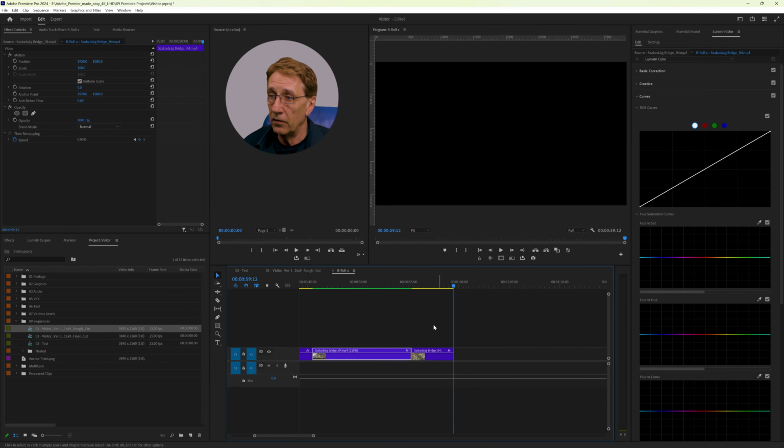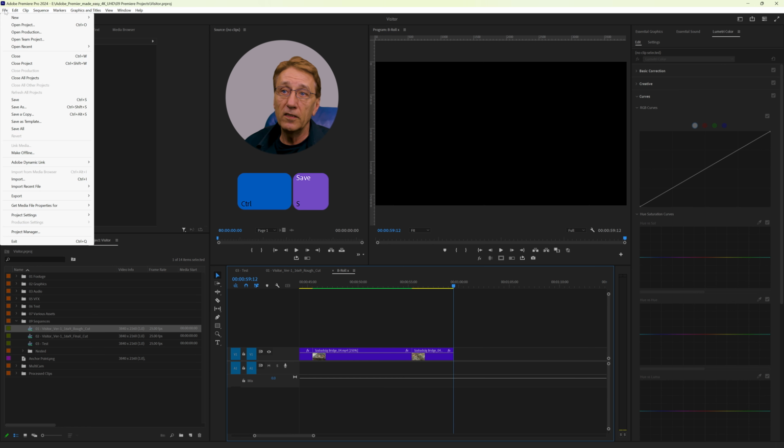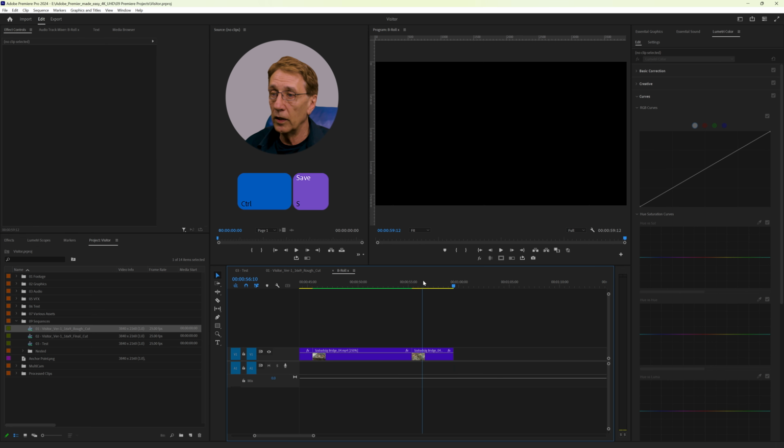Okay, these were the effects. I hit Control S to save. You should always save your work. You can say File, Save, or just Control S very quickly.